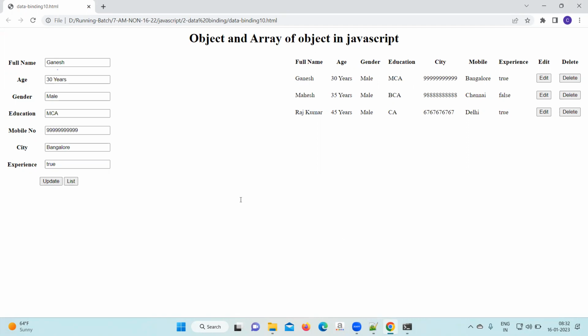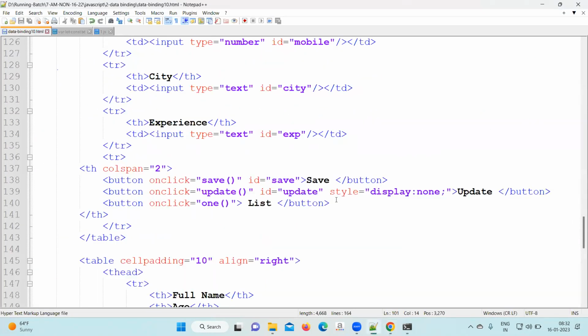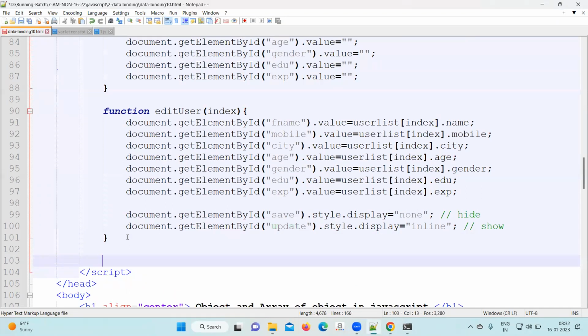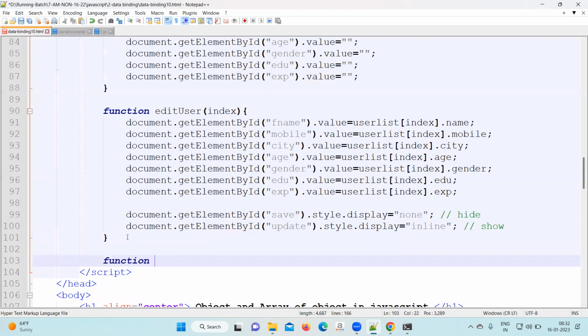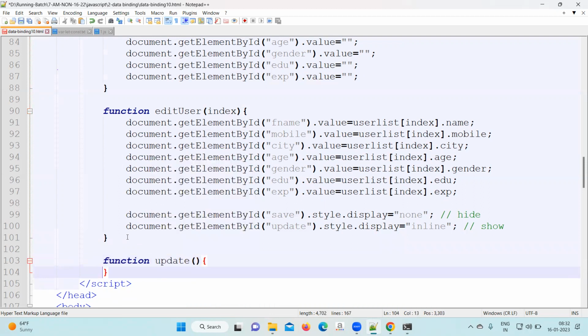So on click, which function do we call? Update only, no? On click, we call the function called update. So we need to have a function called update. Function update. In the update function,